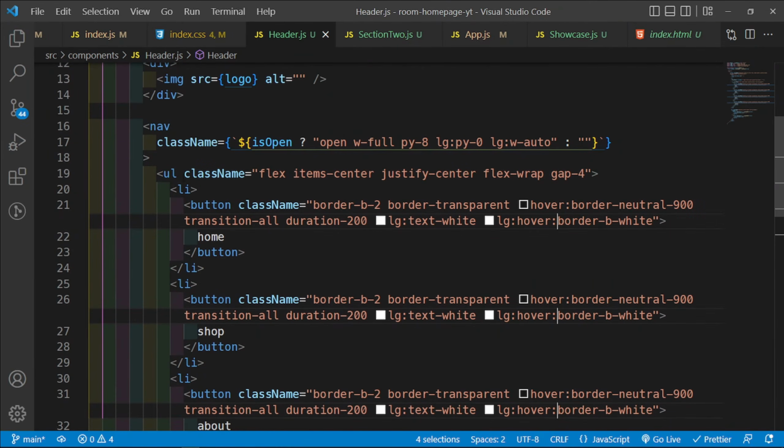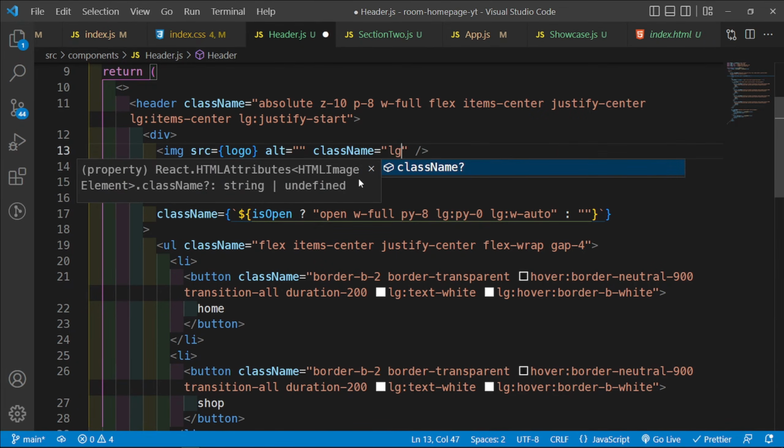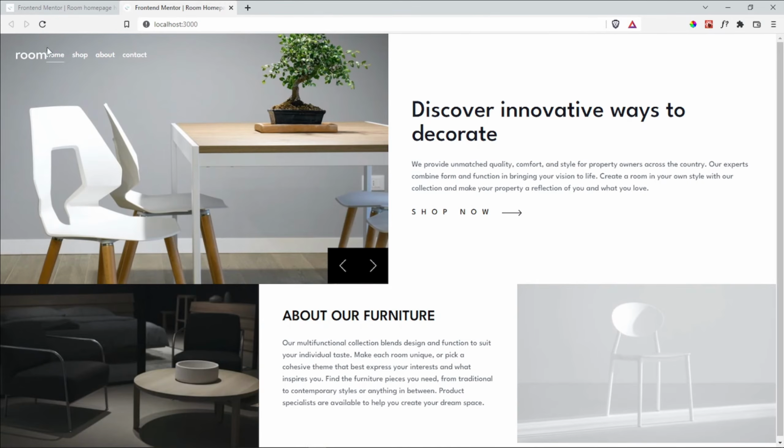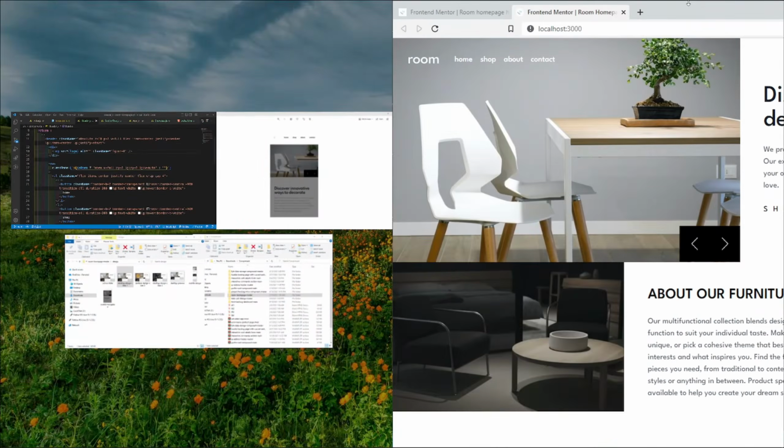And now what we need to do is just go back into the navbar here, and we are going to say the following. Let me see. You know what, I can even go on the image here, and give this a class name, and say that for large screens I want the margin on the right to be 8 to push away from this. There we go. So that is looking quite nice, but I've just realized something,